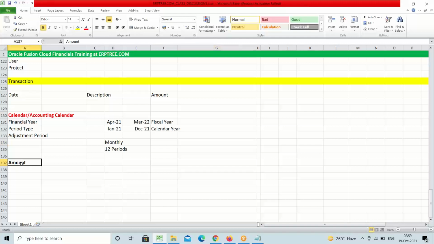And the next point is amount. We'll talk about description after some time. Now we'll focus on amount. When you record any transaction, say on so and so date you are recording the transaction, the description is so and so, you purchased or you sold, and an amount you have to enter in each transaction. So when you enter an amount, how will you enter it? Say I'll enter an amount like this: